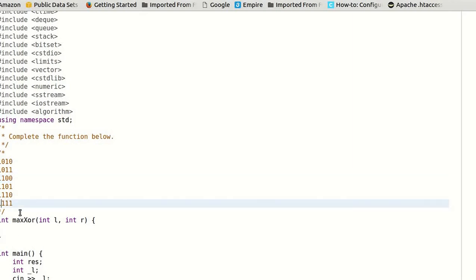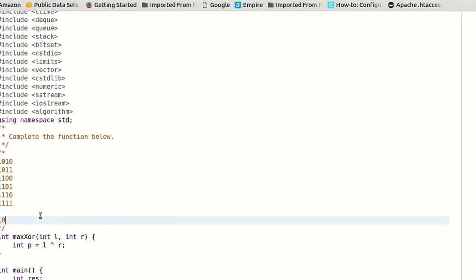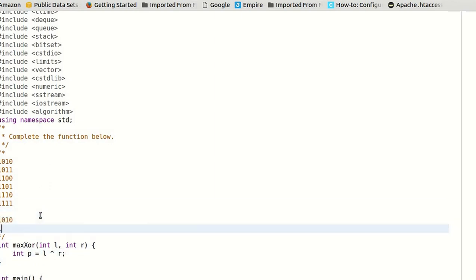First we will zero out the prefix using the left and right limits. If we XOR both these elements, what we will get is the maximum number of bits that can be present. So that will be P is equal to L bitwise XOR R. What will be the XOR of 1010 and 1111?